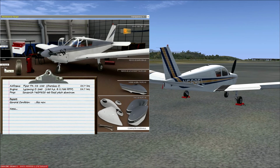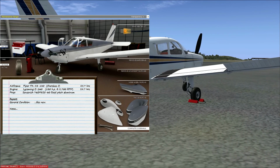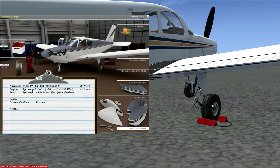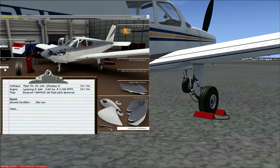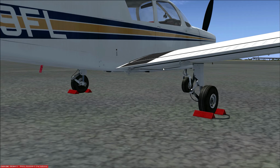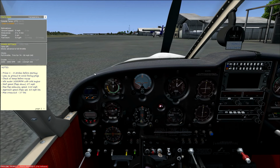I'm actually just watching the tires change on the plane here. Let's see if I can get in close on that. This is the normal tarmac tire, but if we change to the air track, that's supposed to be a tougher tire for rough terrain. So we'll go with that one. The battery, I think we can leave as is. Okay, we're going to start the pre-flight,